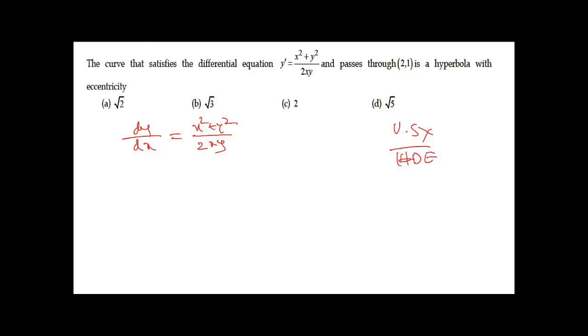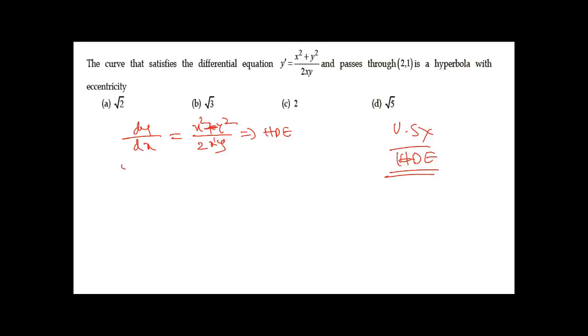Sorry, HDE. HDE means what? Same degree, numerator and denominator same degree. It is HDE. Here x square is there, x power 1, y power 1. It's clearly a HDE. Okay, it's not variable separable, not possible. Linear also not possible. X square plus y square, x plus y is there. So 90% it is not possible to get LDE form. Okay, now it should be HDE. X square, xy is there.